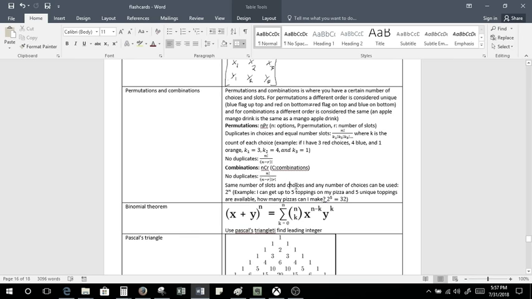Next, there's a specific type of situation where we can use a different formula. So the same number of slots and choices, and any number of choices can be used. So this would be like going to a sandwich shop or anything like that, and they have on the board that you can order hundreds of different types of sandwiches, and you're wondering how in the world they even came up with that. This is how. So they use 2 to the n because you can order anything